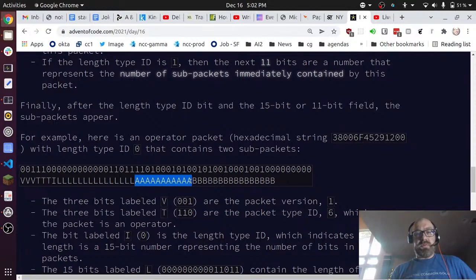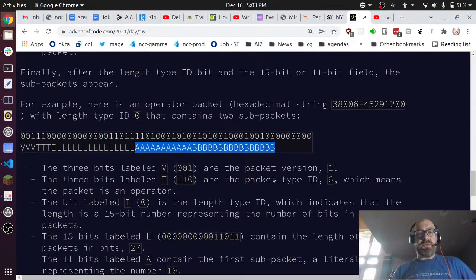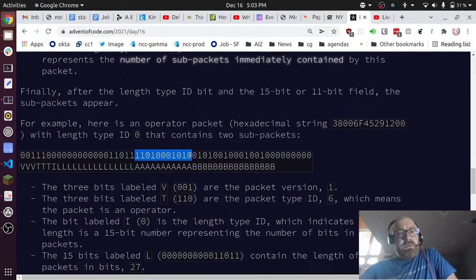Okay, so the question is, how do I know where to stop? And I know where to stop because I start parsing from A, and